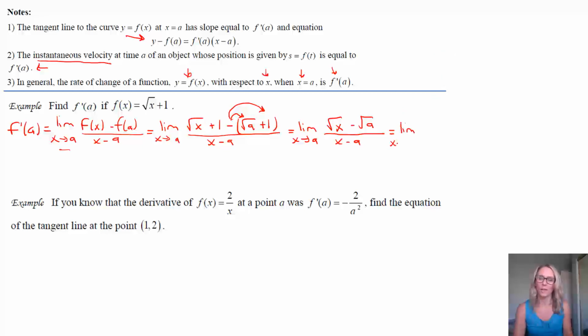So the whole idea here is to rid ourselves of the root. So we're going to multiply by that numerator. Sometimes with the conjugate, it can help to multiply by the denominator. That's not going to help here because we don't have roots in the denominator, but we're going to multiply top and bottom by the conjugate, meaning, of course, the same exact thing, but opposite sign of the numerator. So I go like this and go like this.